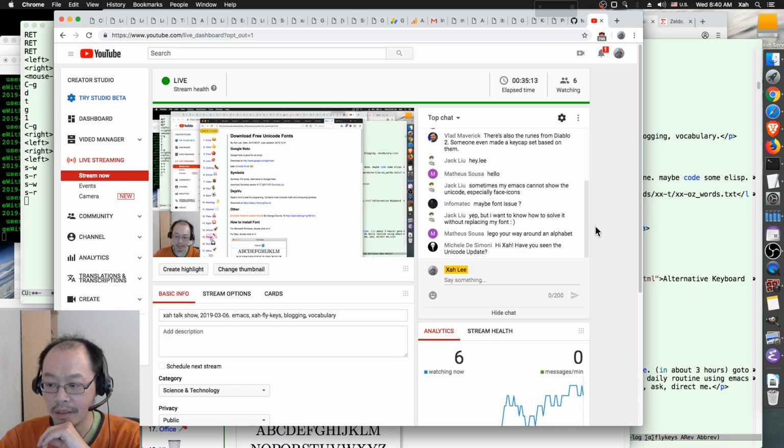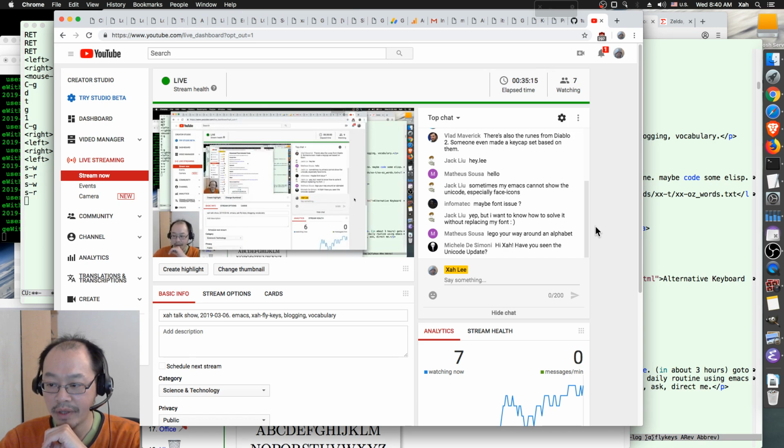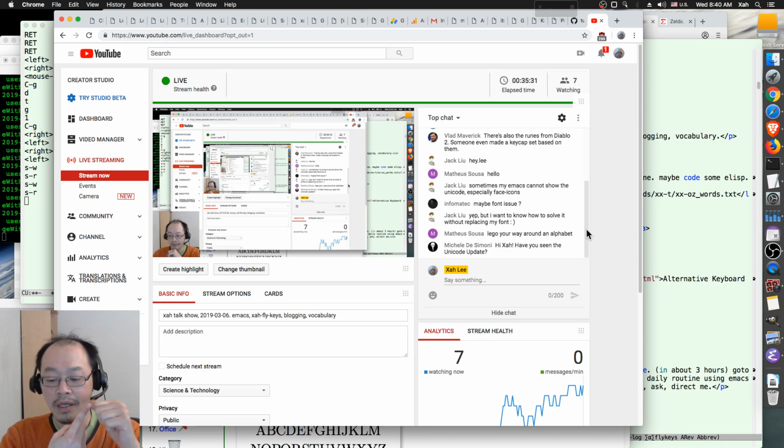Okay, but I want to know how to solve it without replacing your font. Well, when a Unicode character is not showing up on your screen, there are several possible problems. Not just one, not just because of font. First of all, it is because you don't have the font. The second reason is that even if you have the correct font, sometimes the